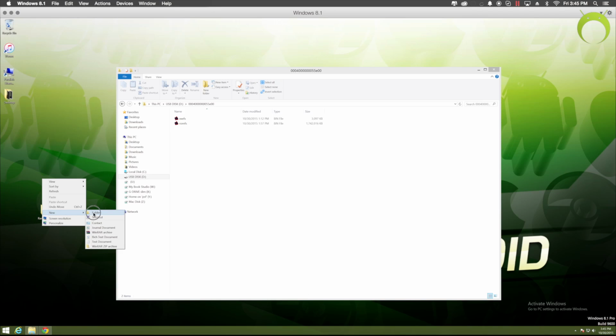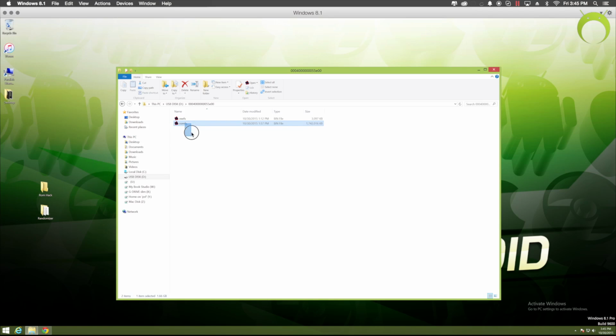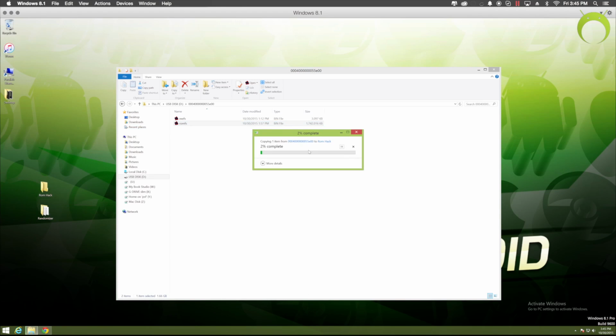To begin, you're going to make a new folder, and you can name it ROM hack or whatever you want for your convenience. And you're going to get the ROM FS folder that's on your SD card from the folder that had all those weird numbers and letters, and copy it onto that folder, which of course will take some time because it's a pretty hefty file.